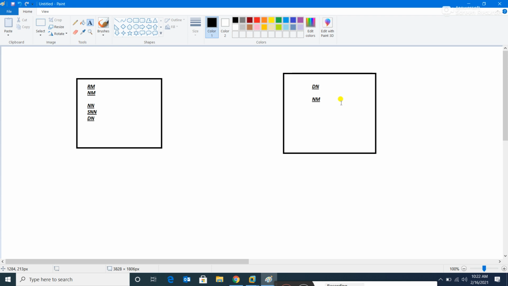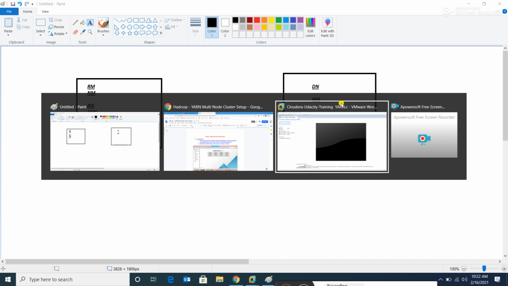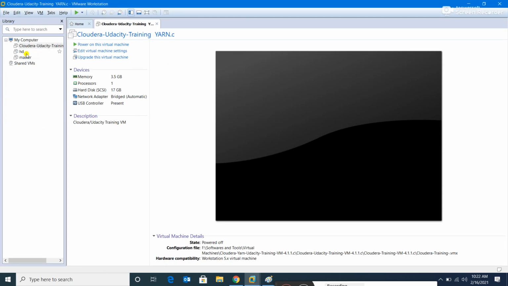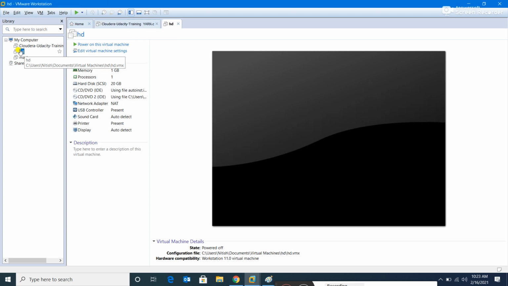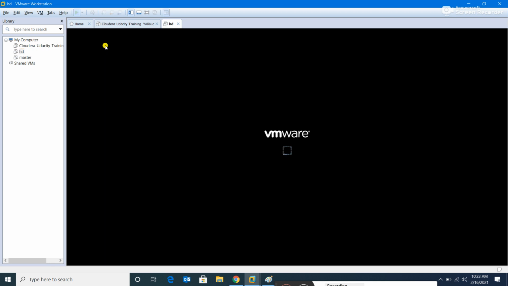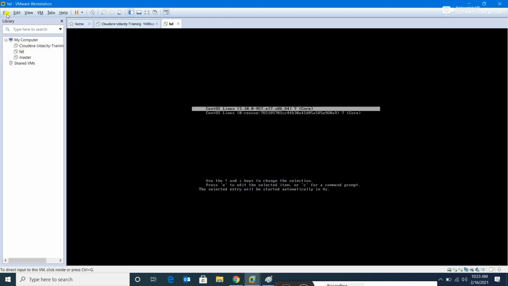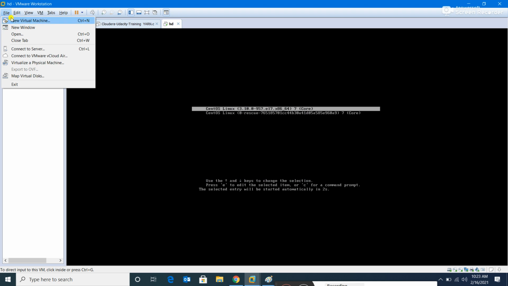Fine, clear? Going to our virtual machines, we have this setup, HD setup. This HD setup is your one virtual machine which has all the services installed. I am starting it, and at the same time from File I am creating a new virtual machine, because that virtual machine will be the slave machine.